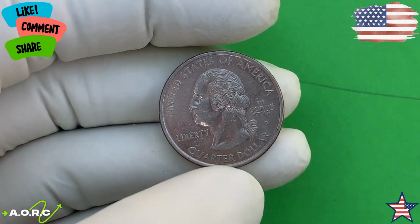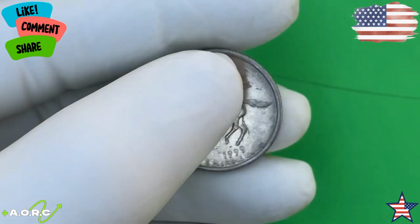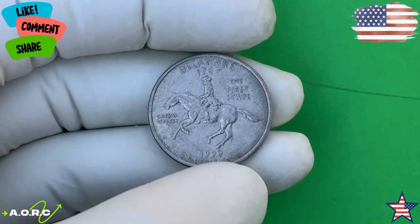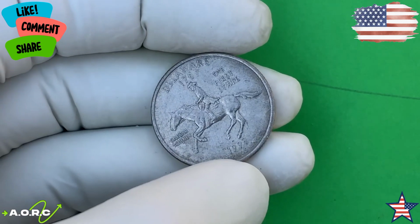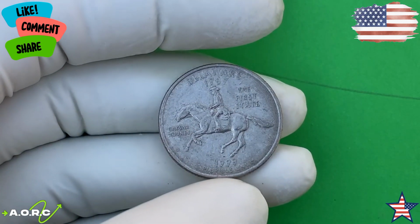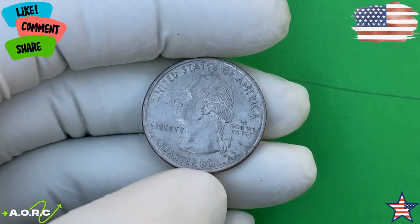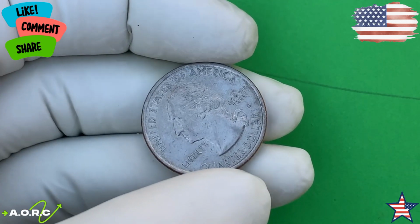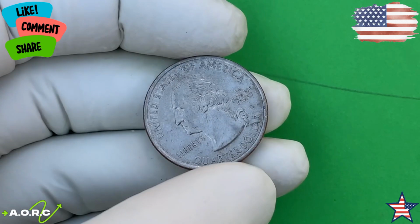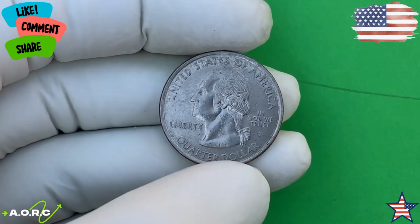But beyond their historical significance, there's another aspect of these coins that makes them truly extraordinary: their value. Collectors are particularly drawn to coins from 1999 due to the challenges in minting them. Errors such as double dies, off-center strikes, or missing elements can increase their desirability and value. Coins from this series that are in pristine condition, graded highly by professional organizations such as PCGS or NGC, are considered extremely rare. Coins with a grade of MS69 or higher can fetch impressive prices at auctions, but what if